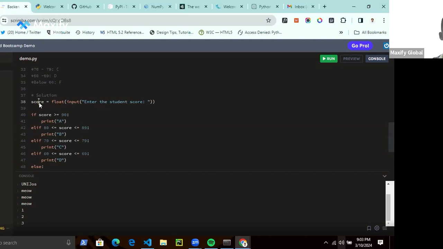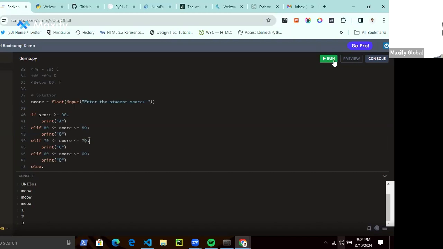Now we use it to check with our if condition. If the score is greater than or equal to 90, we print A. If it's between 80 and 89, we print B. And if it's between 70 and 79, we print C, and so on.